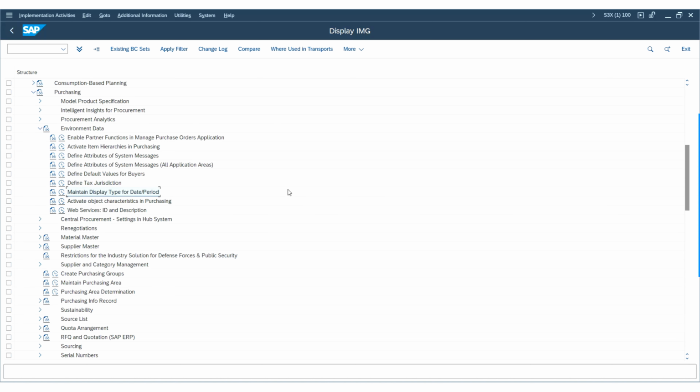Welcome back. In our previous session, we defined the attributes of system messages. Now, let us look into the configurations for maintaining the display type for date or period. Execute this,